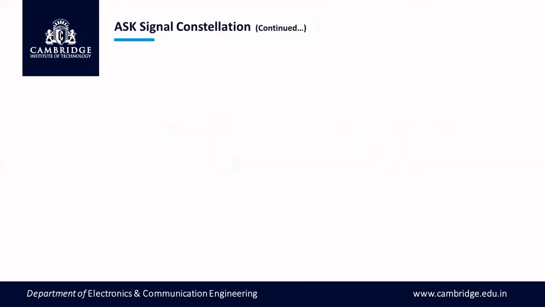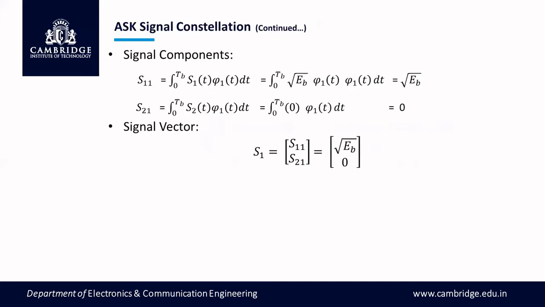Here, phi1 of t is multiplied with X of t, because the values root EB and 0 are inside the transmitted signal X of t. The transmitted signal contains these values of phi1 of t to represent two different symbols. When it is multiplied with phi1 of t and integrated, S1 of t multiplied by phi1 of t is integrated, and the noise part is eliminated from the equation. So this gives S11, and then we will end up with S21.